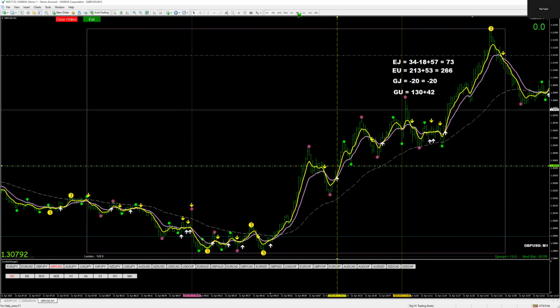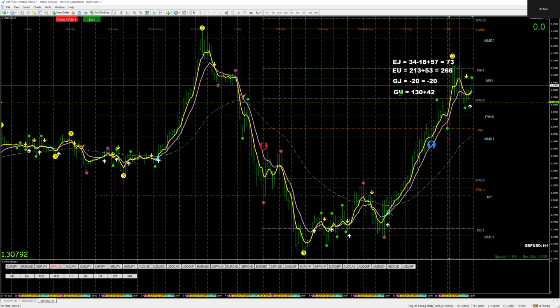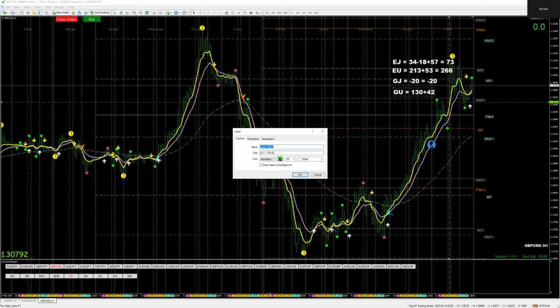1 minute fresh cross is here. That's the entry. Go back to the 1 hour. And the exit is right there. Now again, this is a new spike. Still got 33 pips out of it, but my exit rate is somewhere here. Unless it's 33 pips. Plus 33. And that's equal to 172.25. All right.